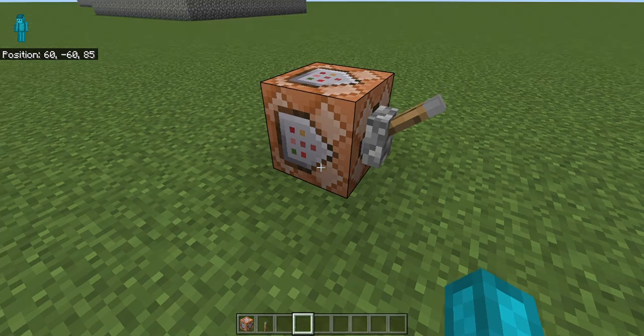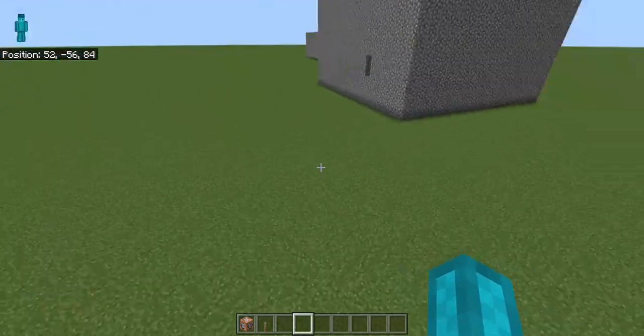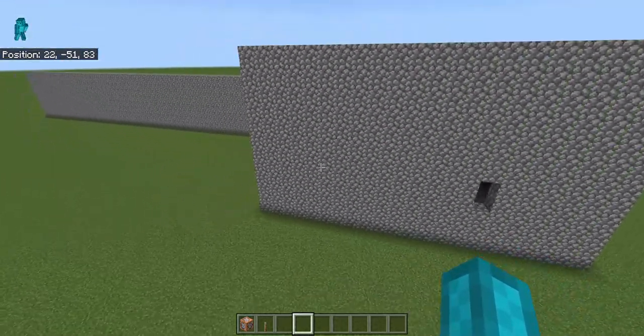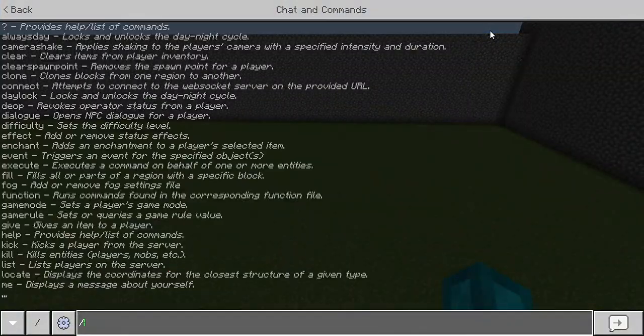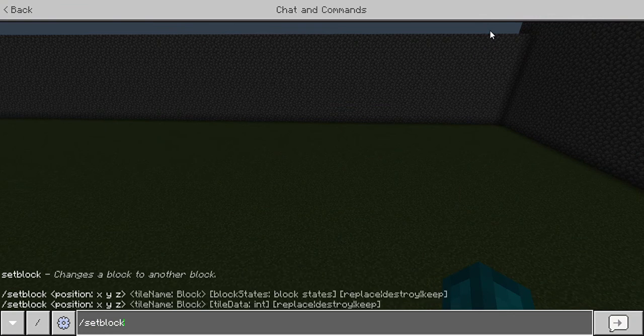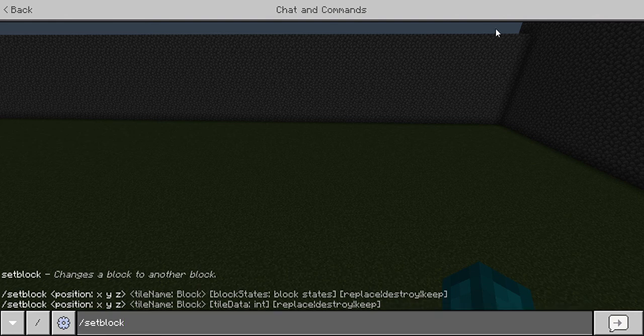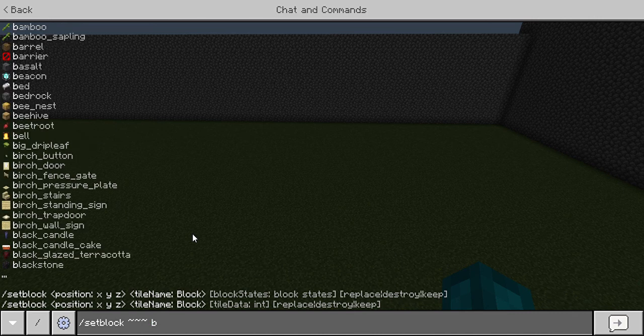So the next command I'm going to go over is the setblock command, and it's similar to the fill command, but this is for if you're just setting one block, like a block that you're at. So we can do /setblock, and if you want to set the block that is you, this is a fast way. Maybe if you're making a tutorial, or if you want to get to the nether fast, you just do the 3 tildes to show that you're setting the block that is your player to a certain block. Just as an example, I'll do basalt,